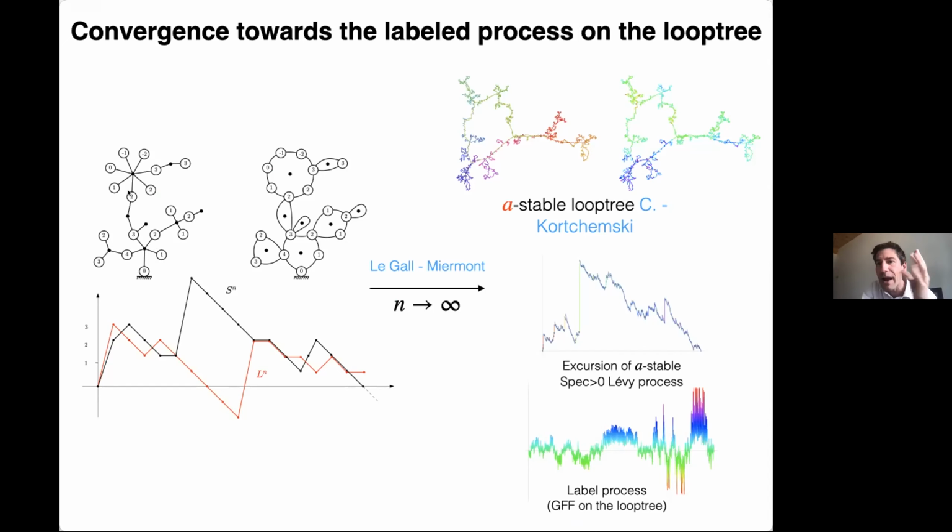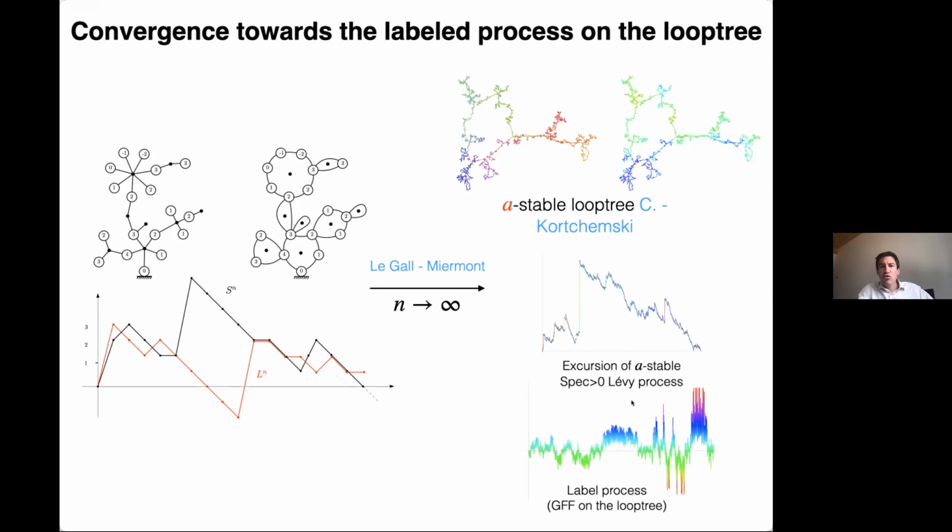Okay, it's a bicolored tree, but actually it's not a big deal. And this tree, we did everything so that it is critical, and that the offspring distribution of the black vertices has a heavy tail in the domain of attraction of an α-stable law. So we did everything to be in this setup. And the label process is a process which is coupled with this one.